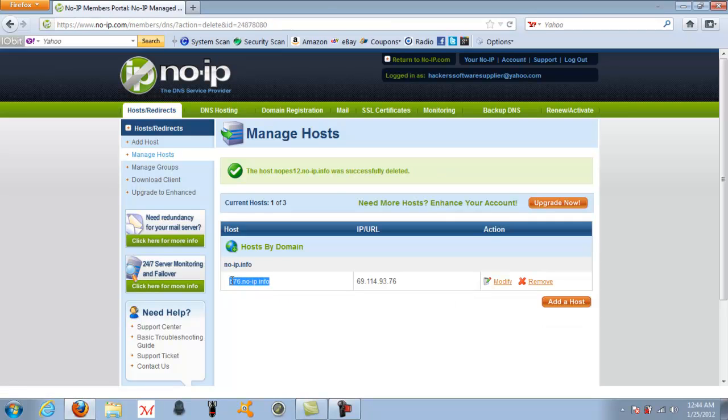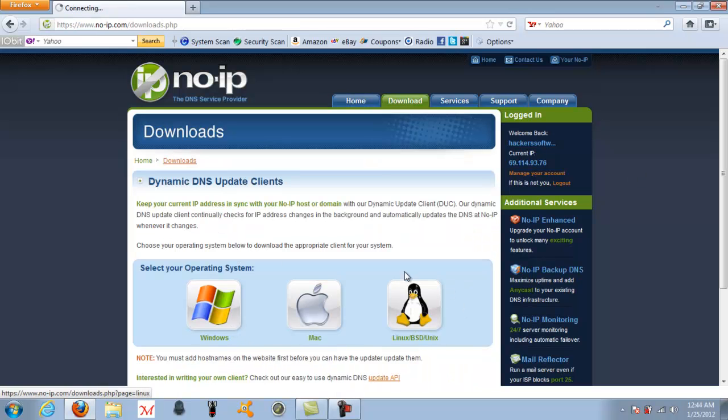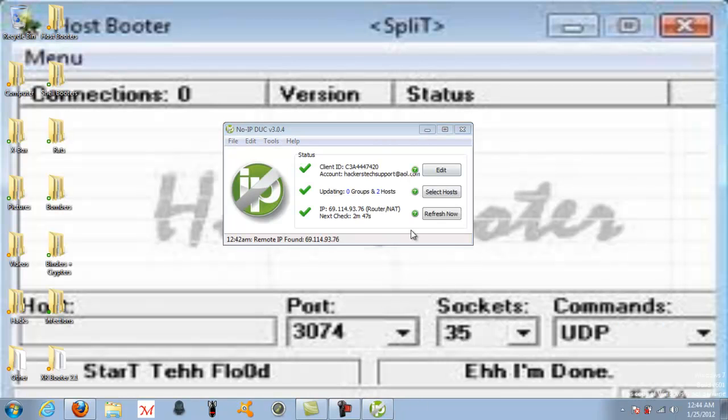Now you're going to want to copy the host, go up here, and if you already downloaded the no-IP DUC, you can just skip this right now. But if you did not, you want to go back to no-ip.com, go to download, and click on whichever one's your operating system, and it will install a program that looks just like this. You put in your email and password, and you check off the host that you want it to use, and for every host you checked off, it will link them to your router with your IP address. And if your IP address ever